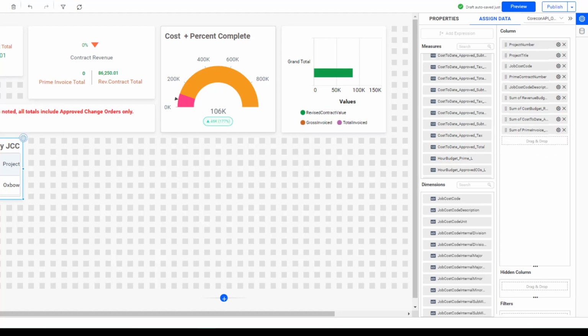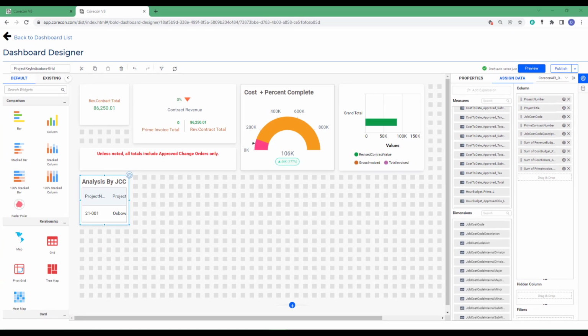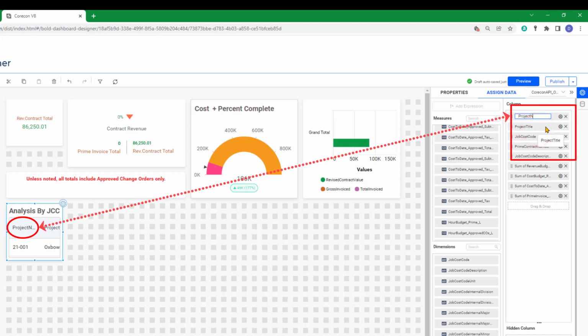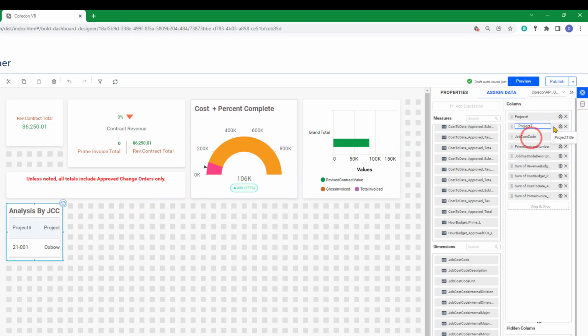Next, we want to rename and shorten up the names of these fields for the title that will appear in the column headings. So we're going to go first to project number, click on the format, and click rename. We'll do the same for project title. While we're here, I also have this item out of order, so I'm going to drag it up and we'll rename that. Job cost code, job cost code description,